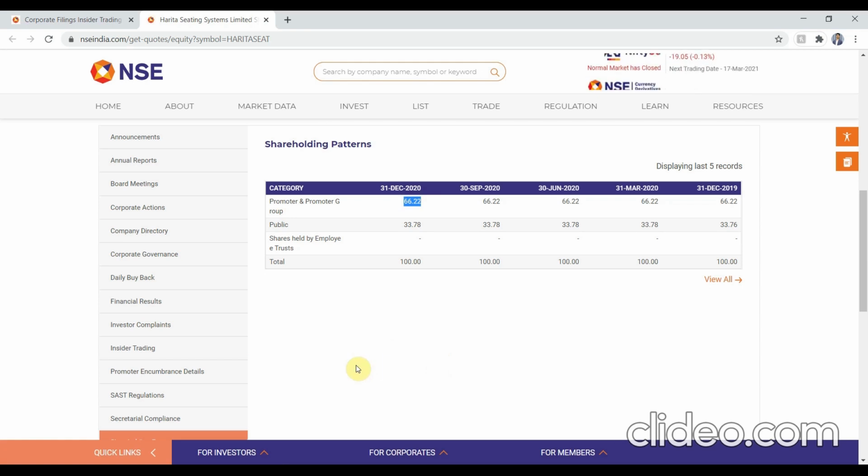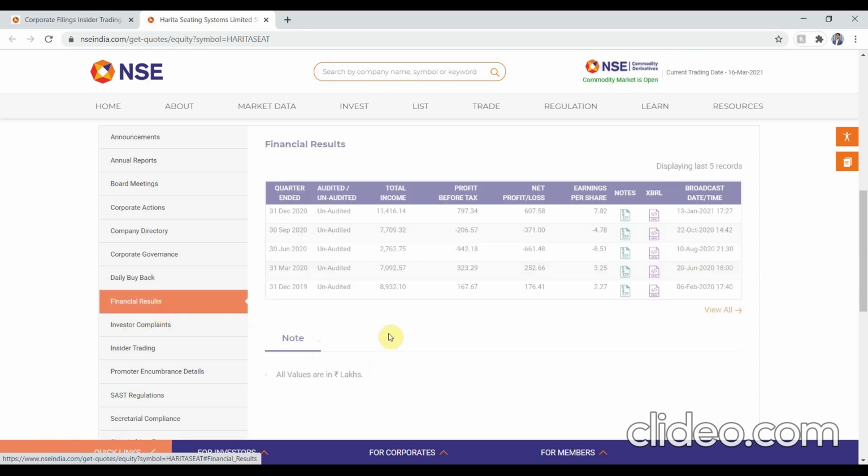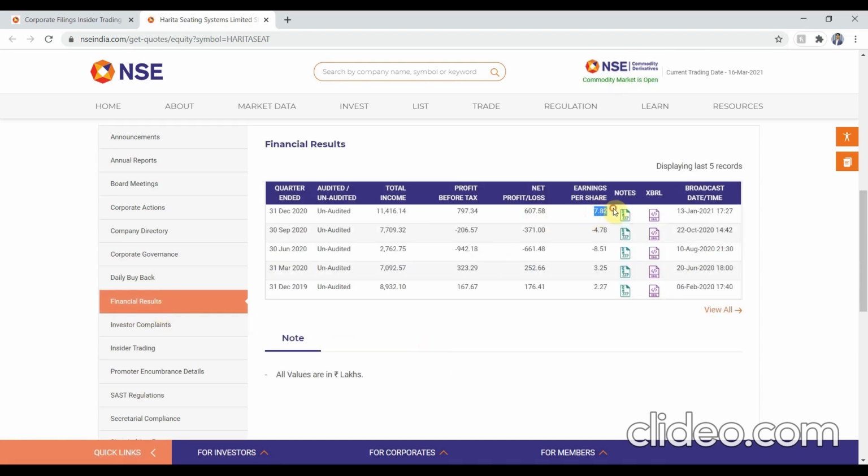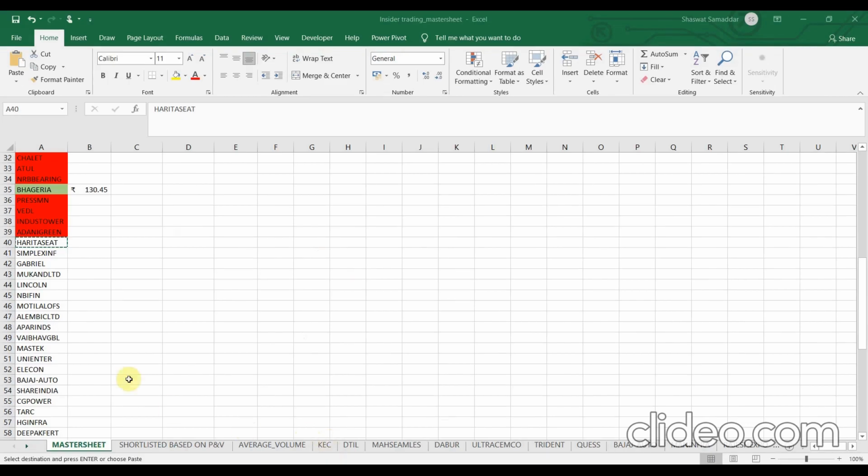Now it's time for us to check the optional filter, that is the earnings per share, and we will find it in the financial results. The latest earnings per share reported to the NSE is 7.82 rupees. That is a positive number. So we get our first stock for today that has passed all our filters. So I'll mark it as green.